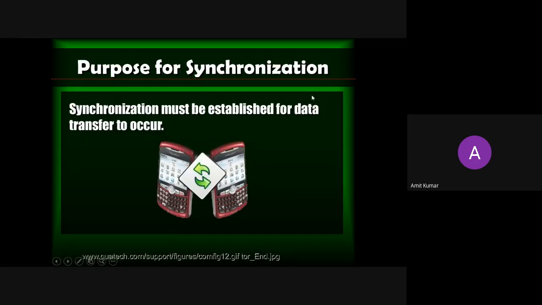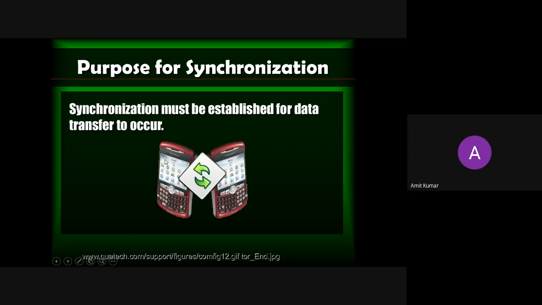Now the purpose of synchronization. We will see why we need to synchronize the data between transmitter and receiver. Say, for example, I am throwing balls at a rate of 10 balls per second, and you can receive those balls at a rate of 5 balls per second. After 5 seconds, you can catch 5 balls, and the other 5 balls will be lost.